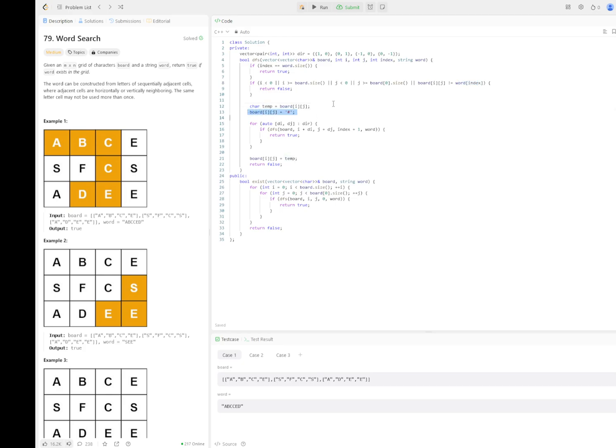that element gets temporarily replaced so as not to recursively search for that letter. Then it gets the next index called for all adjacent elements, and if one returns true, then